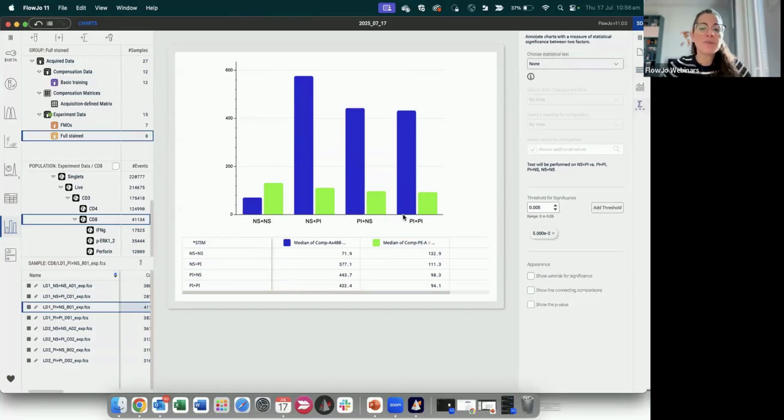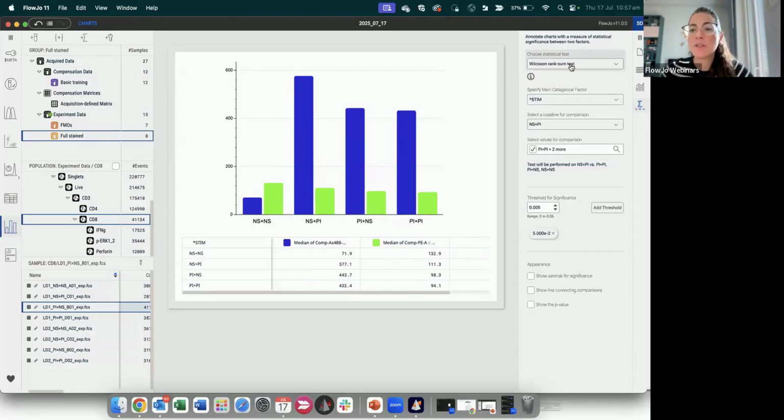So it's true that now we are looking at the values right here, but we don't know if this difference is significant or not between the different conditions. Probably not in this case, but maybe I do have a significant statistic in between NS and NS plus PI for my phosphor ERK. So to see if that's the case, I can choose a t-test or I can choose